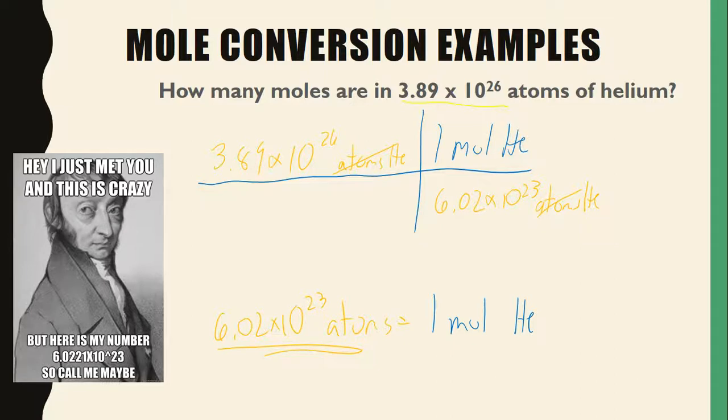That goes in the numerator. We've canceled out atoms. We have moles. The question was asking for moles, so we're in great shape. Now we need to multiply the tops and divide by the bottoms. Now, this is difficult with